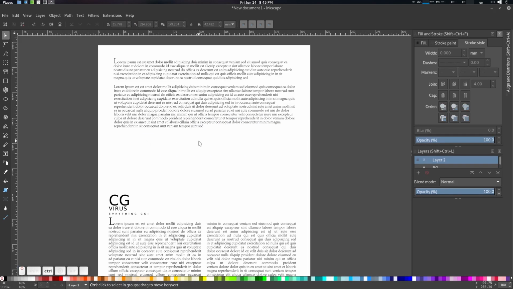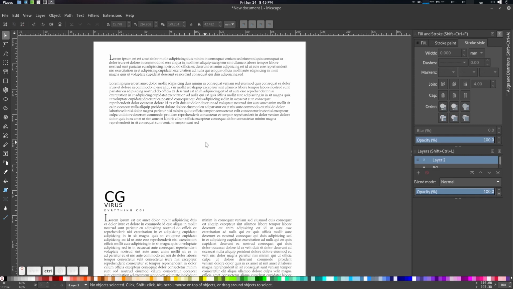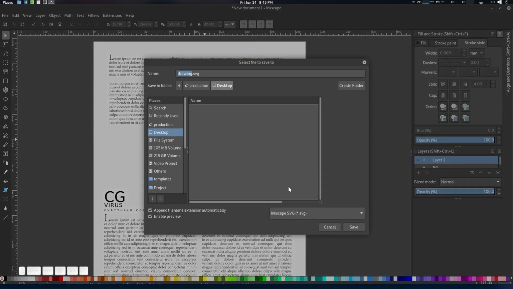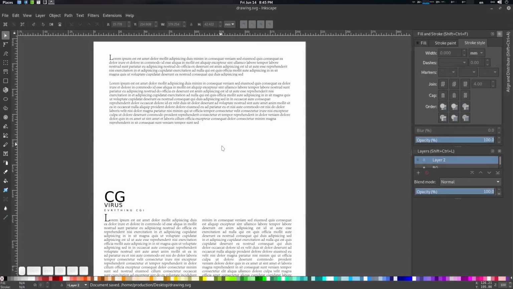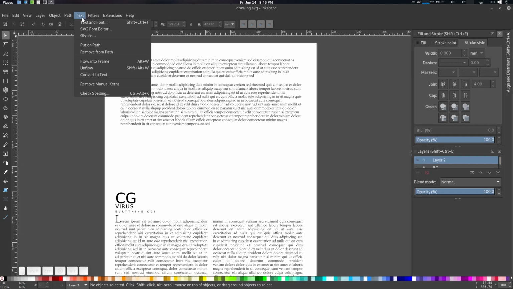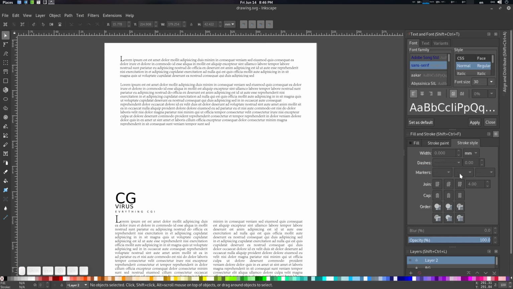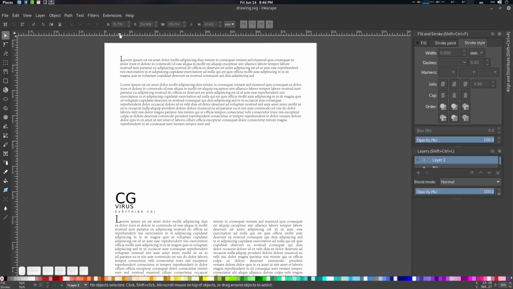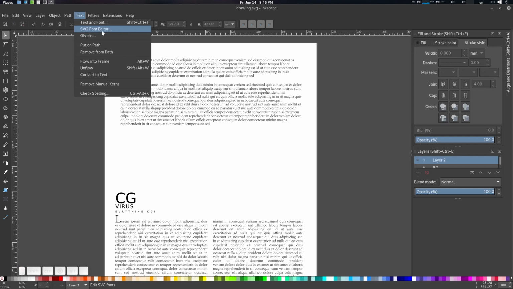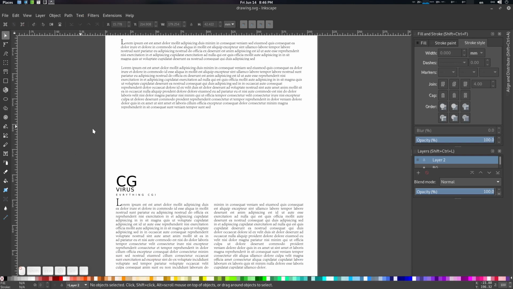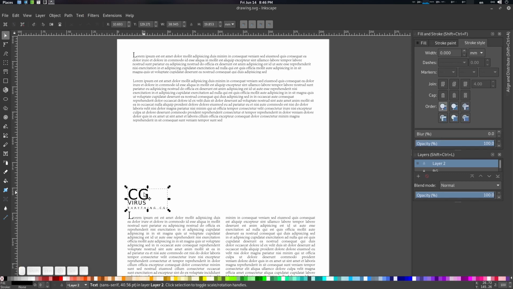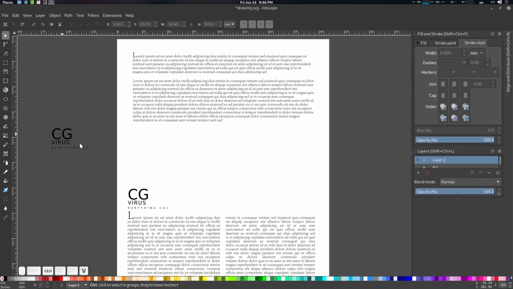Also there are lots of tools you can use. Let's see them. Text and font: you can select your text and font, and you can set some as default. Those are basic things you can do. SVG font, Glyphs, I don't know. Put on path, that means, suppose you have, let's see, Control C, Control V,